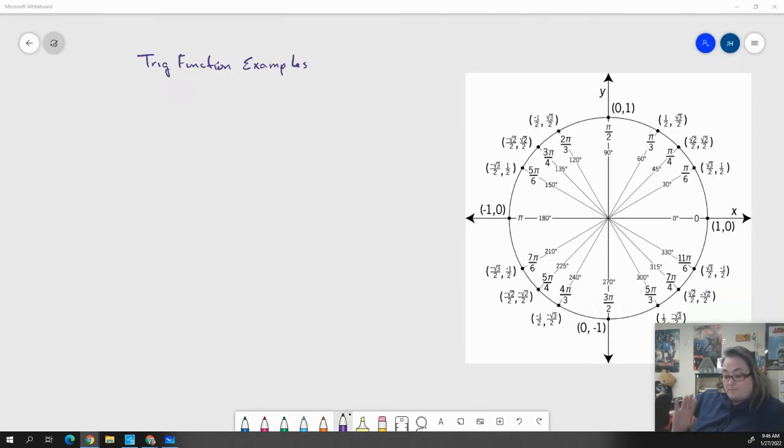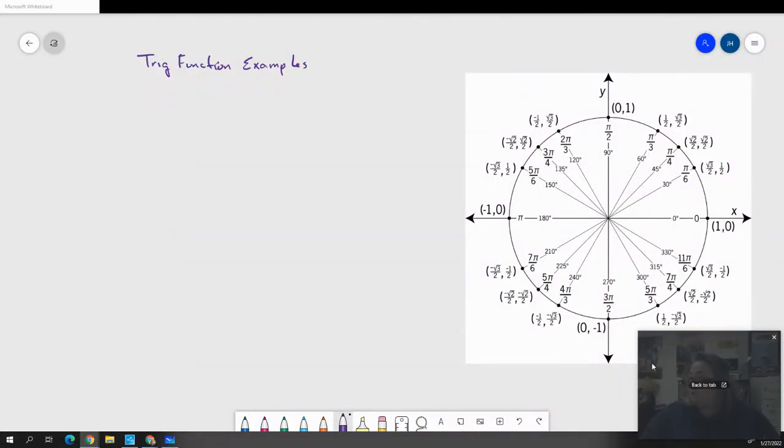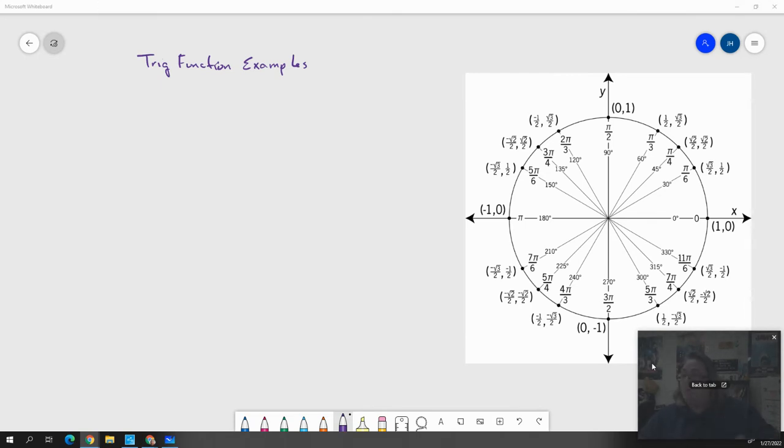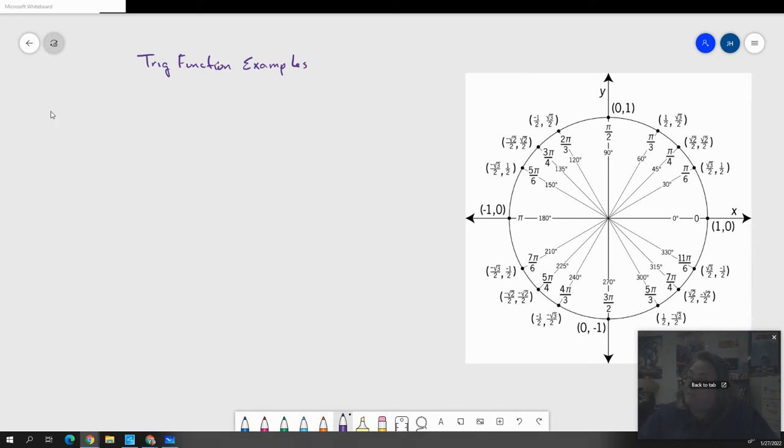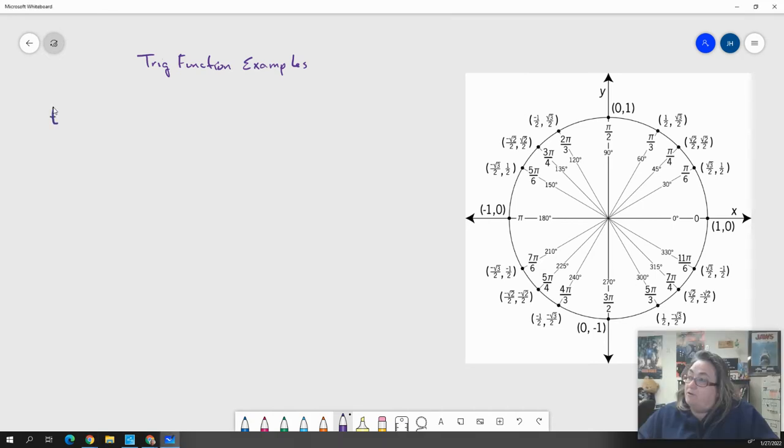All right, so as promised, before I left class today, I'd do a few extra examples of evaluating trig functions on different problems. So I'm going to start with one where we've just got a t value that we're trying to solve all the trig functions for, and we're given a point, because I know that there's a few in your homework where you're just given some x y value,